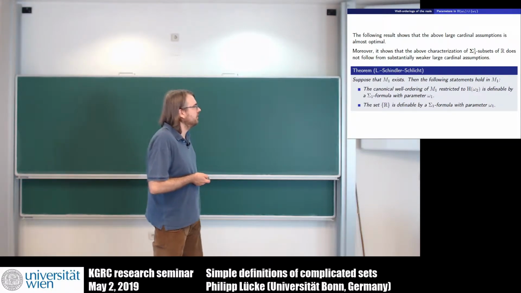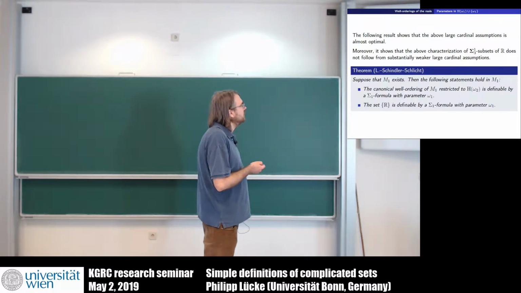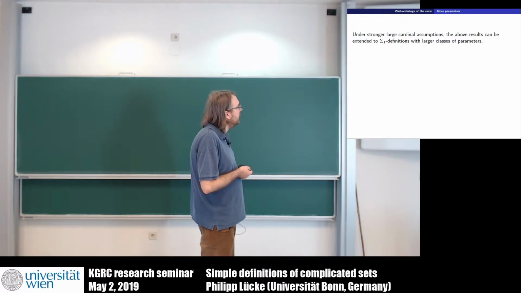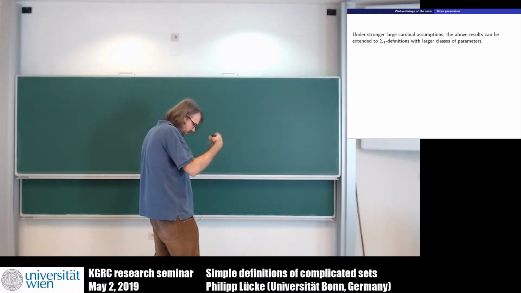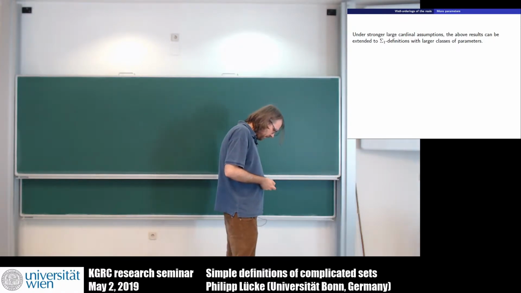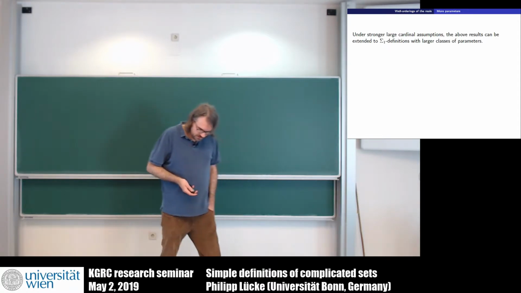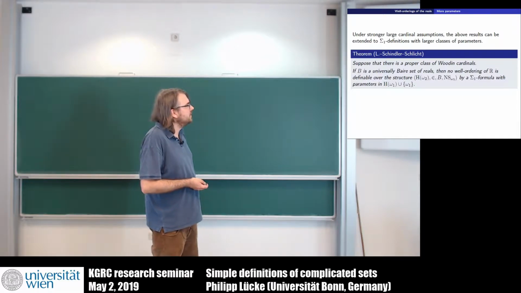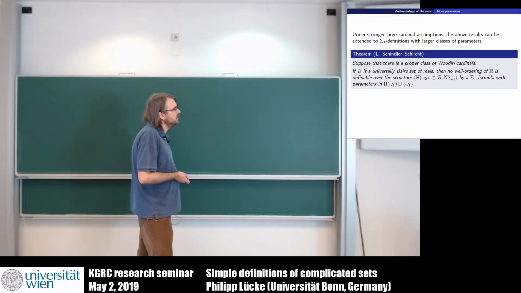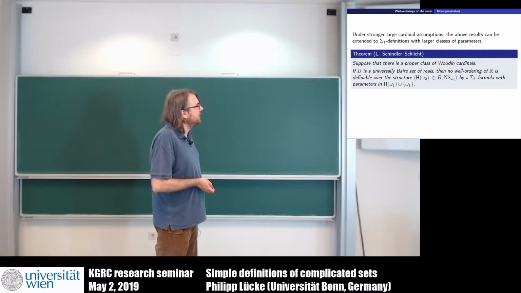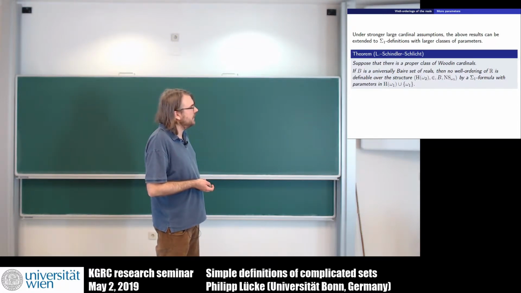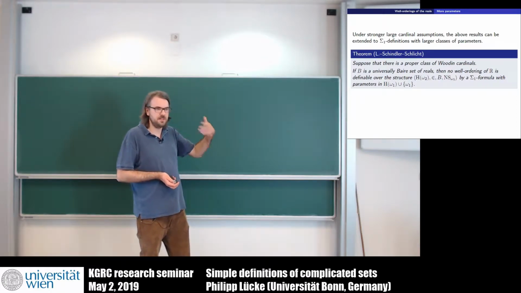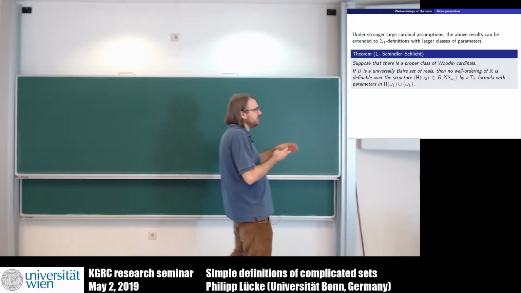Okay, so these results are optimal in a certain sense, and what we also did is that you can increase the parameter set to universally Baire sets. So under a stronger large cardinal assumption, if you have a proper class of Woodin cardinals, then you can allow universally Baire sets and the non-stationary ideal as parameters, as extra parameters, or as predicates in your Sigma 1